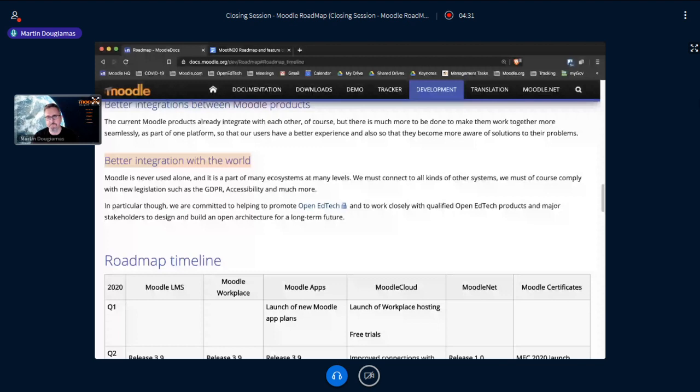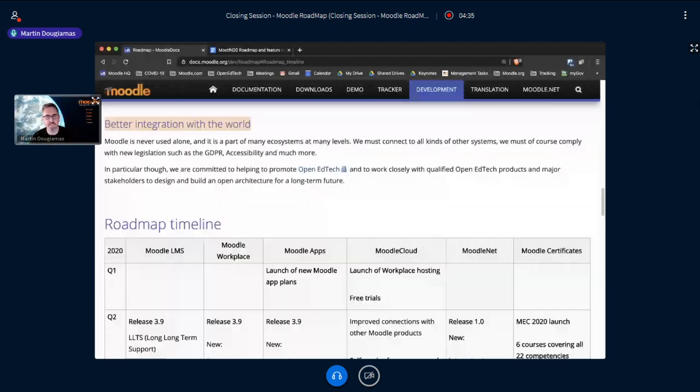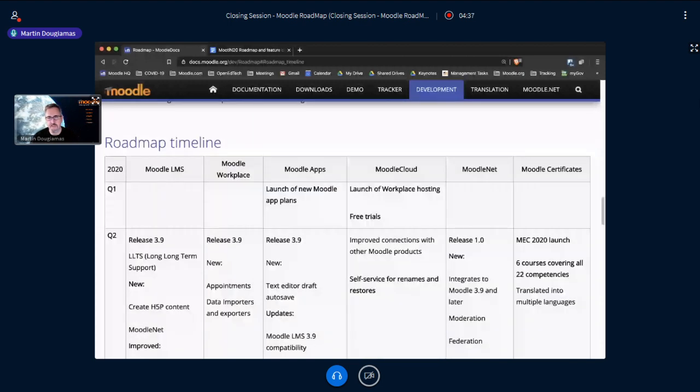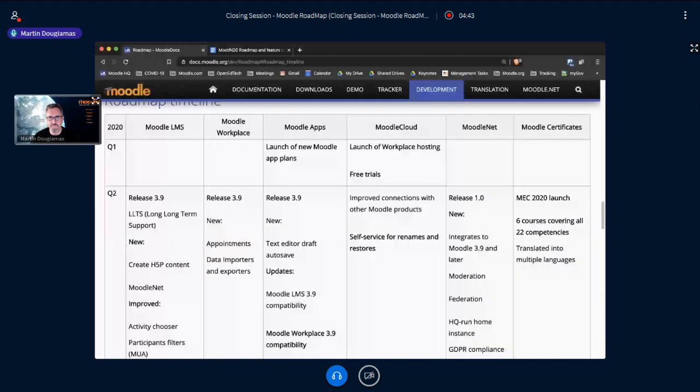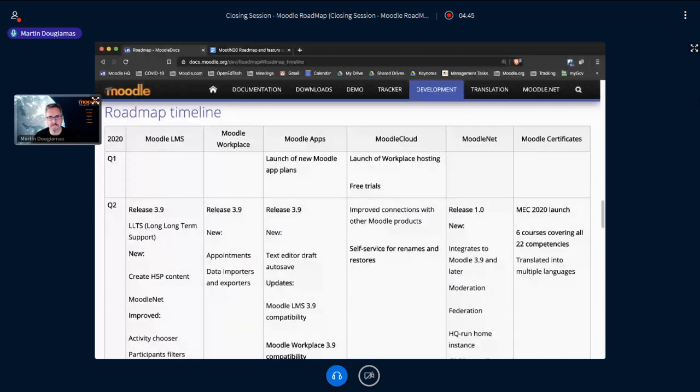That's the general sweep of the things that are happening in the next couple of years. Down below, you see the timeline. We have things by year and just rough dates: quarter one, quarter two.